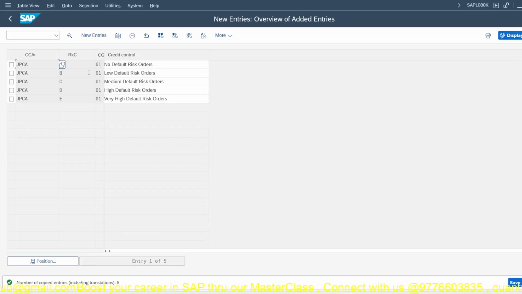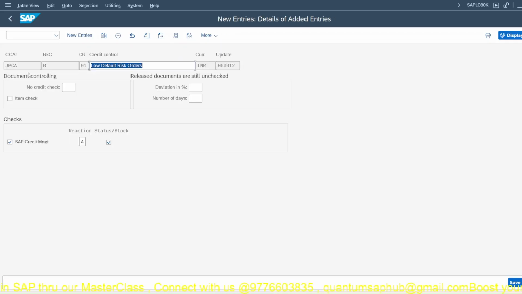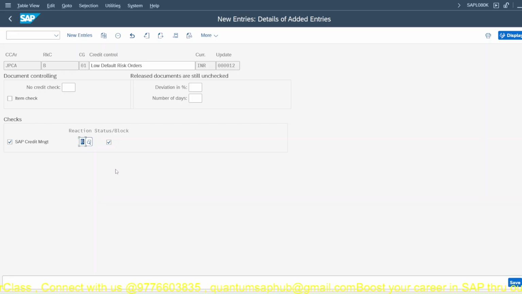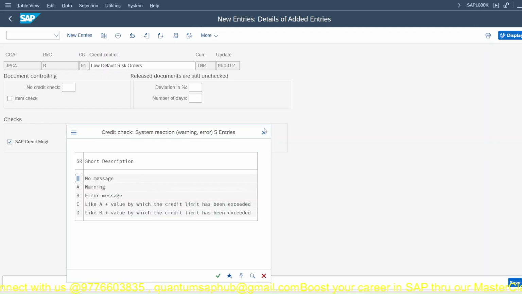Here if you see, low risk, this risk is order. There is no block defined. So for B, I will define, it should not be a reaction, it should be an error message. Error means it is